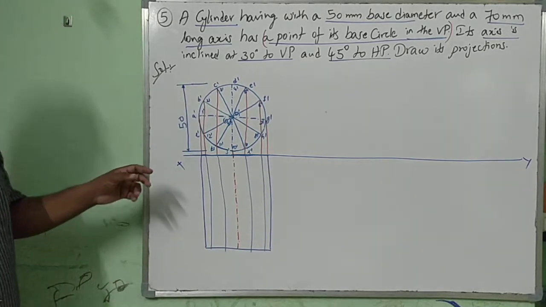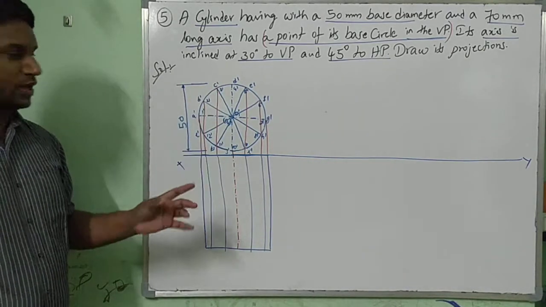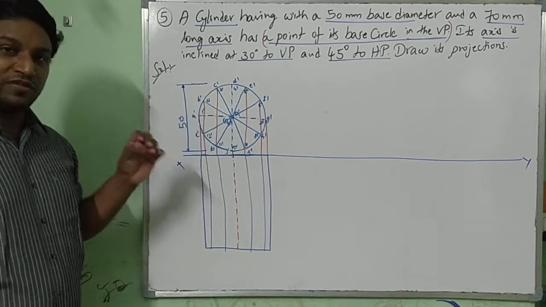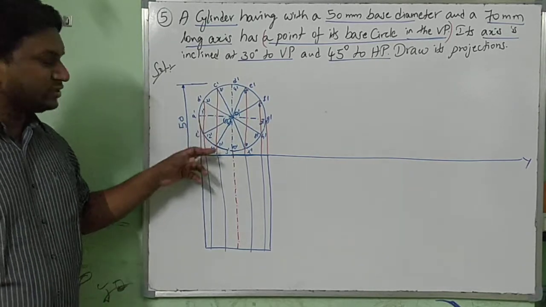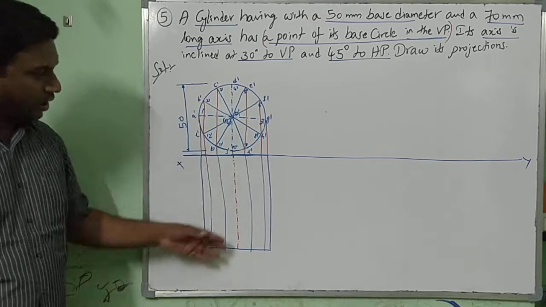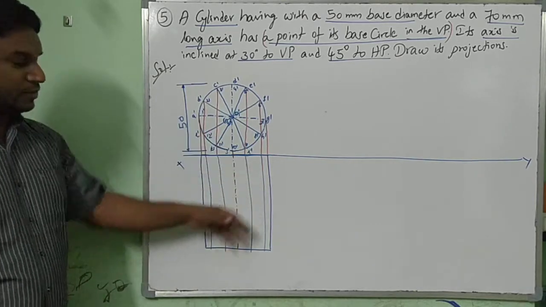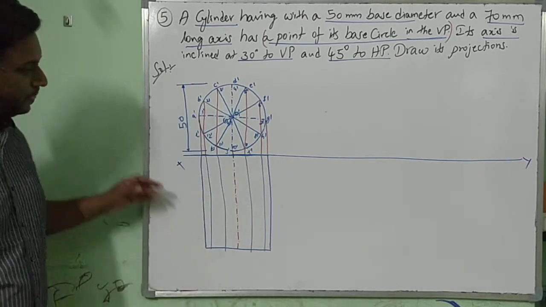See why I am differentiating: the red lines are projectors, but inside the circle I have drawn the dividing lines. Those are not thick, they are also light. The red lines are also light projectors. Inside the top view, the cylindrical shape looking like a rectangle, they are also light. Now